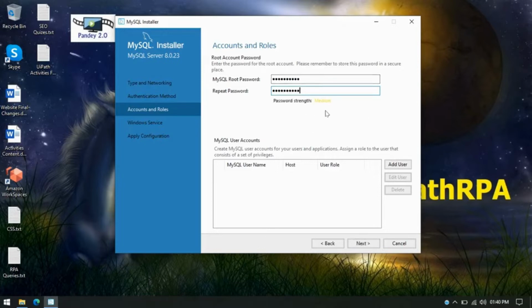Currently it's showing medium, but you can put your password as per your requirement, right?